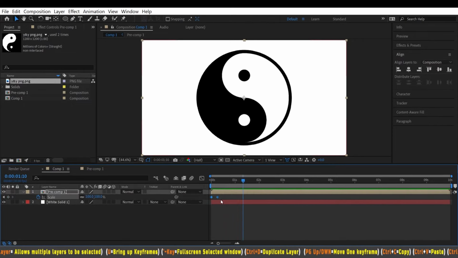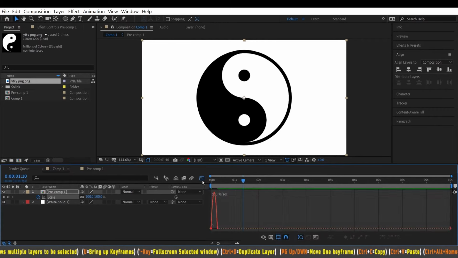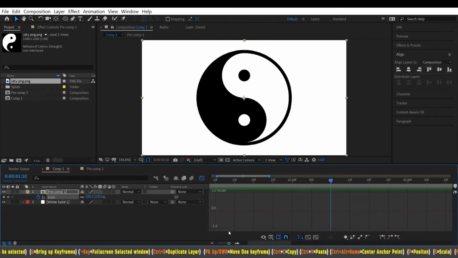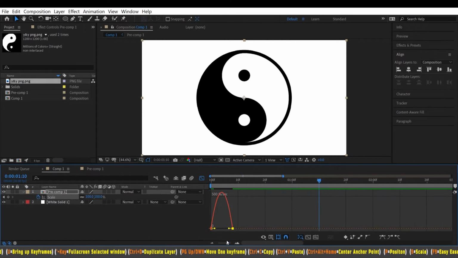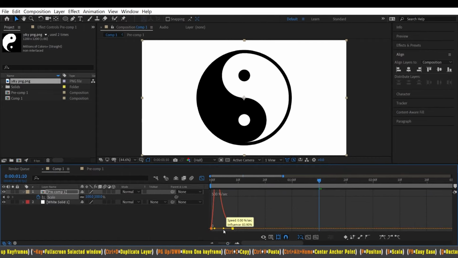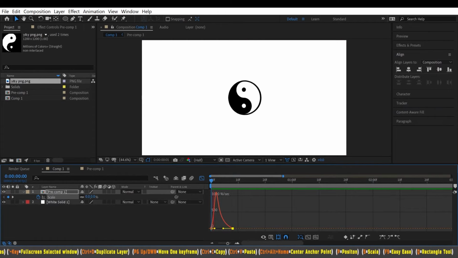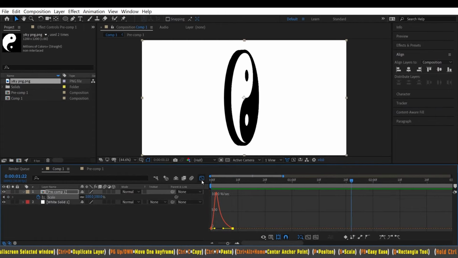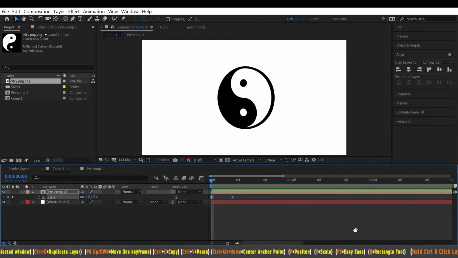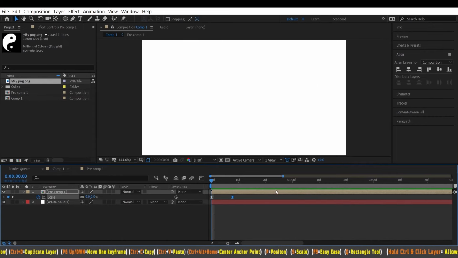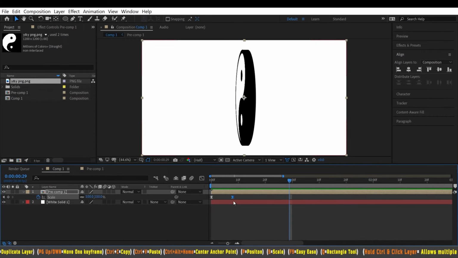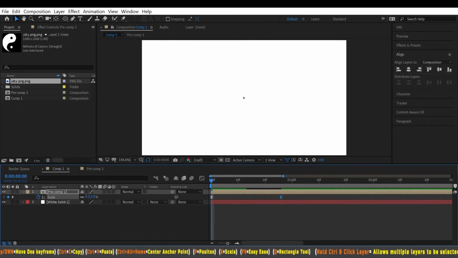That looks pretty decent, but we'll go ahead and make it really nice. So let's make this a little bit bigger. And that looks very nice. So to make this come in slower, you can move this keyframe further apart,